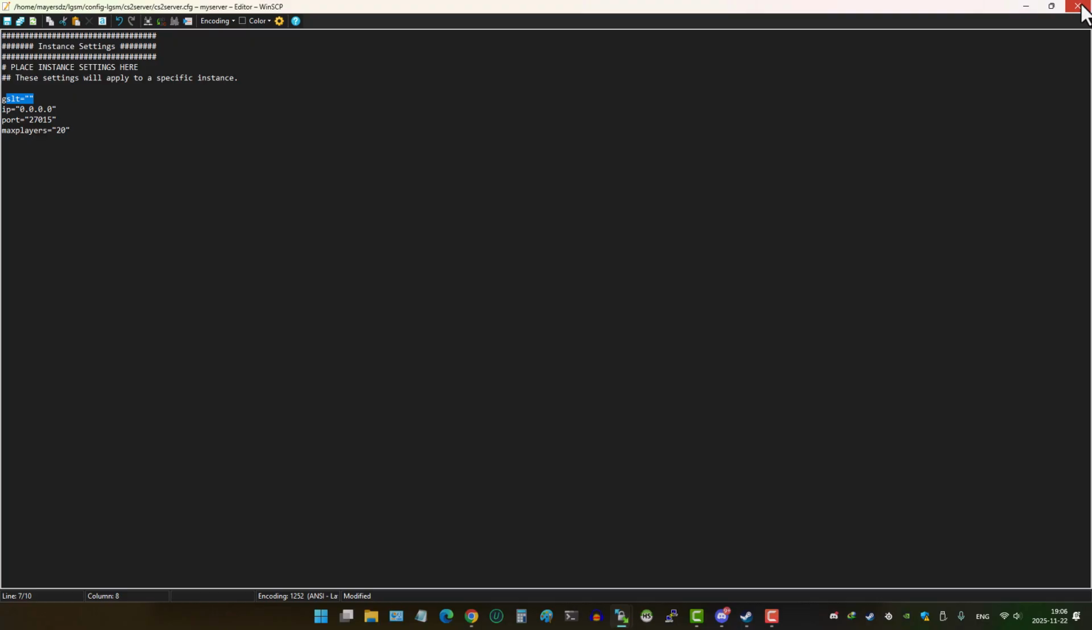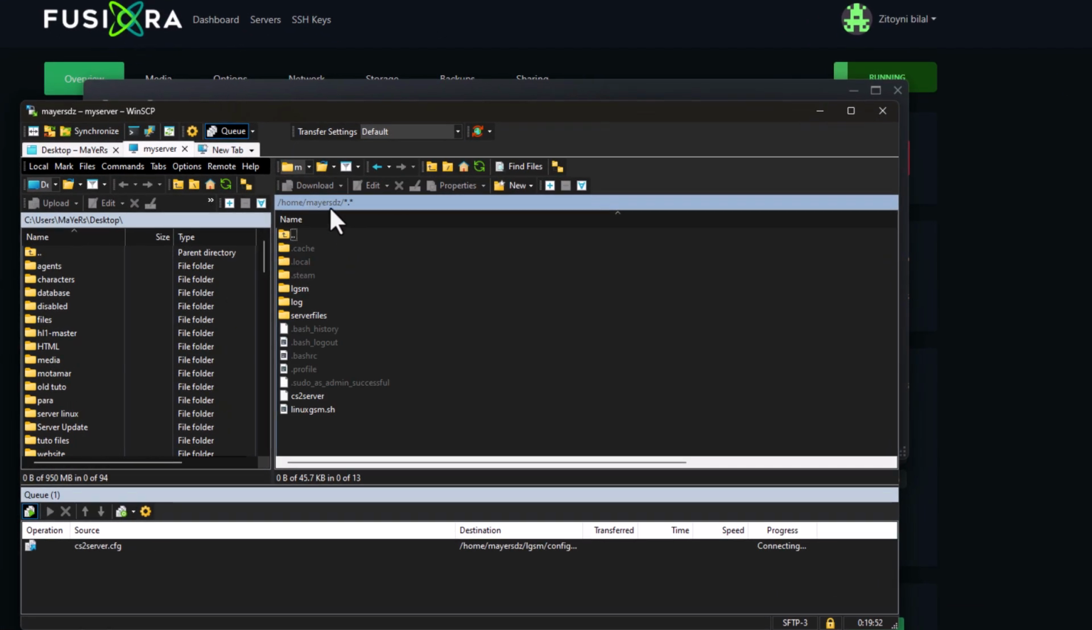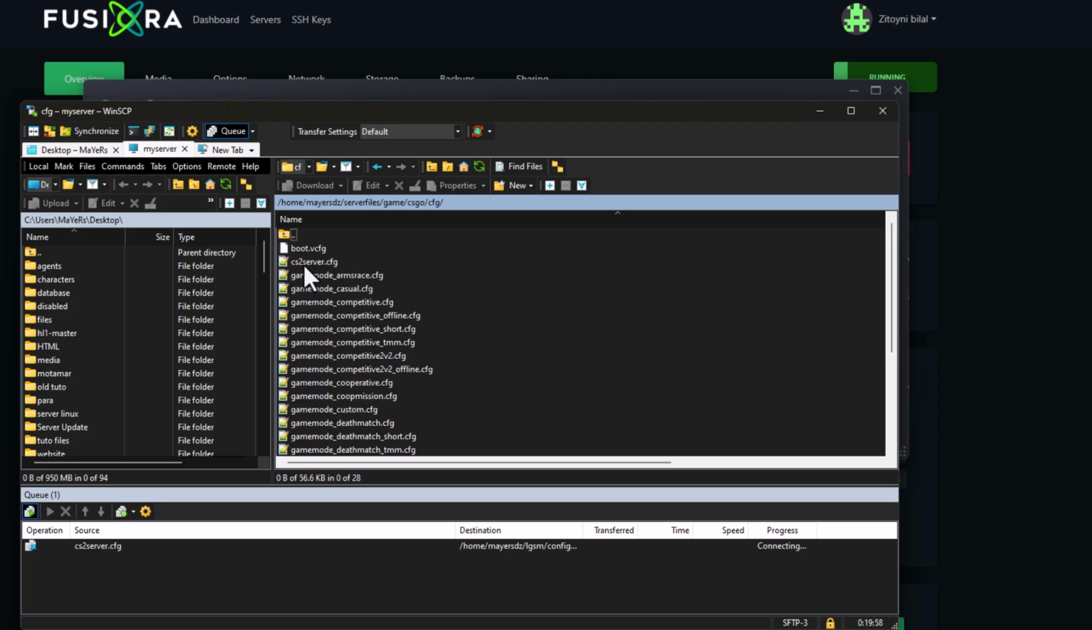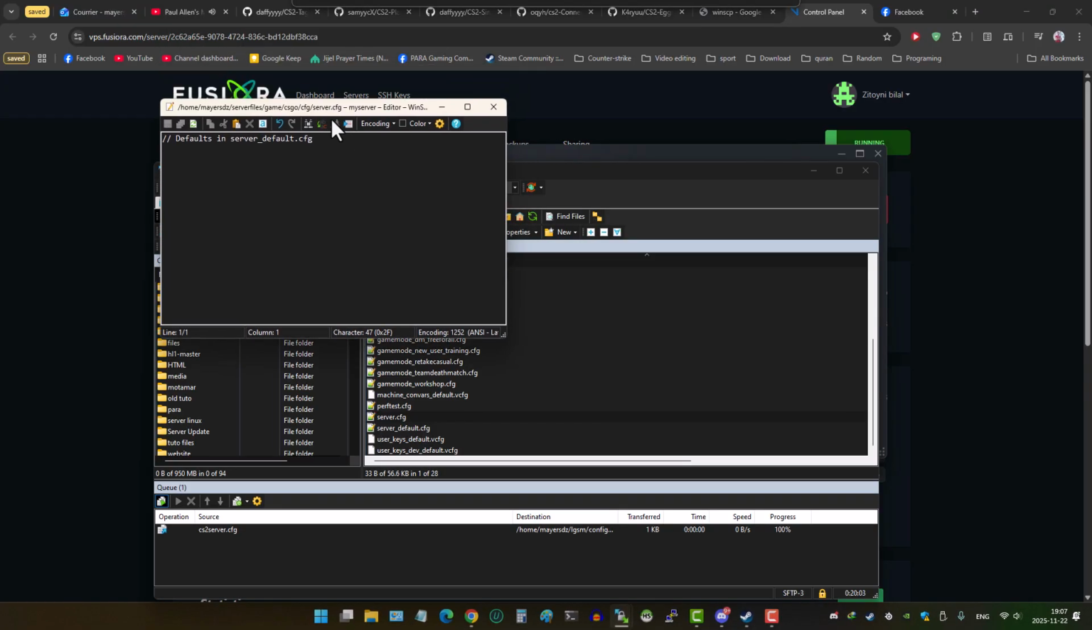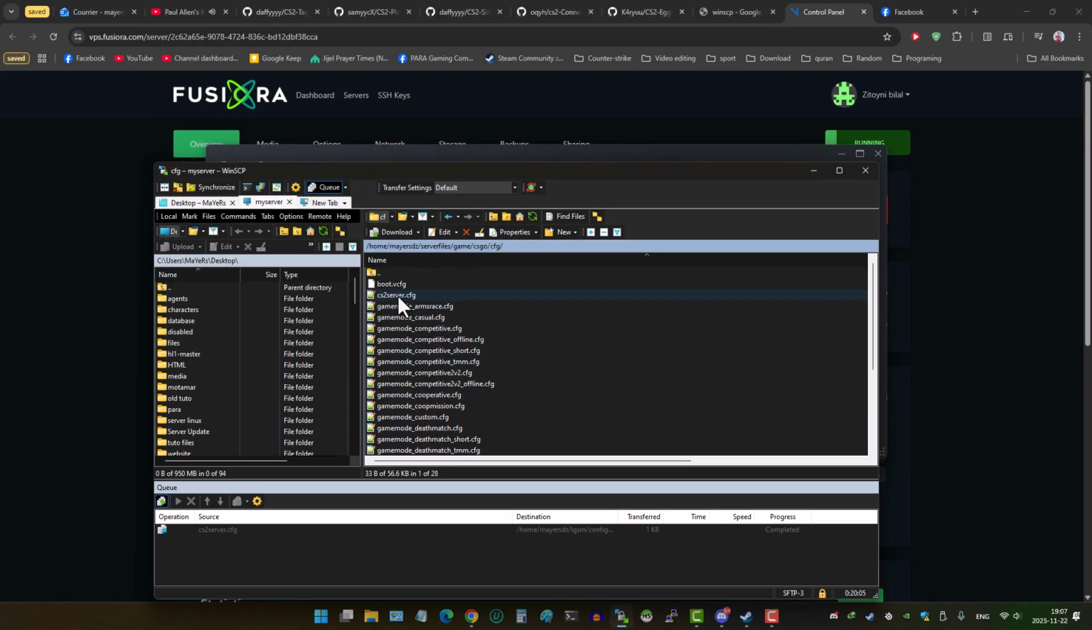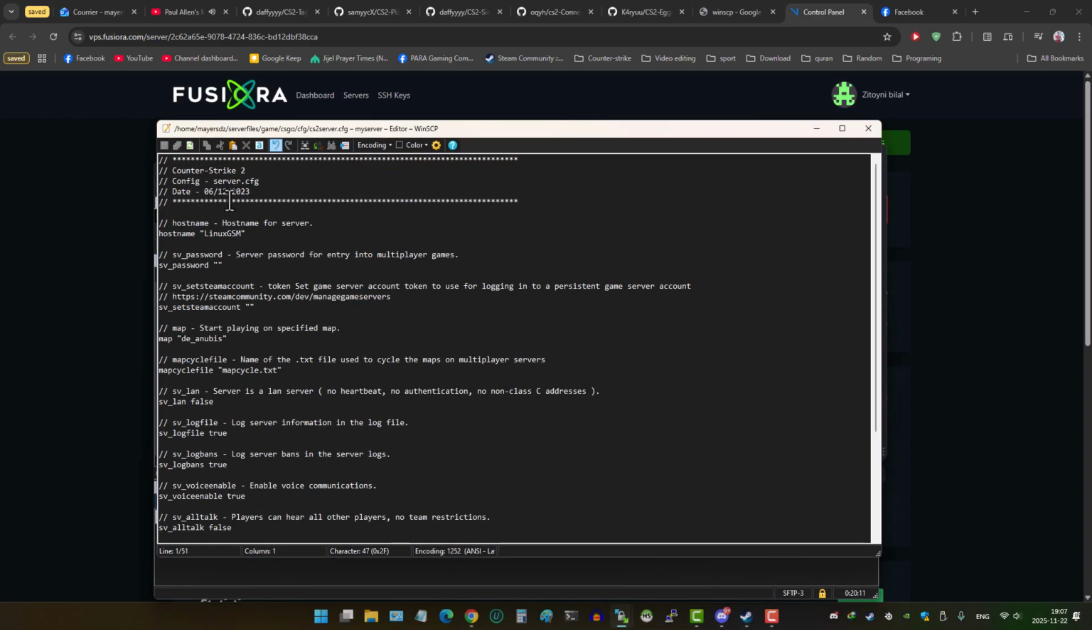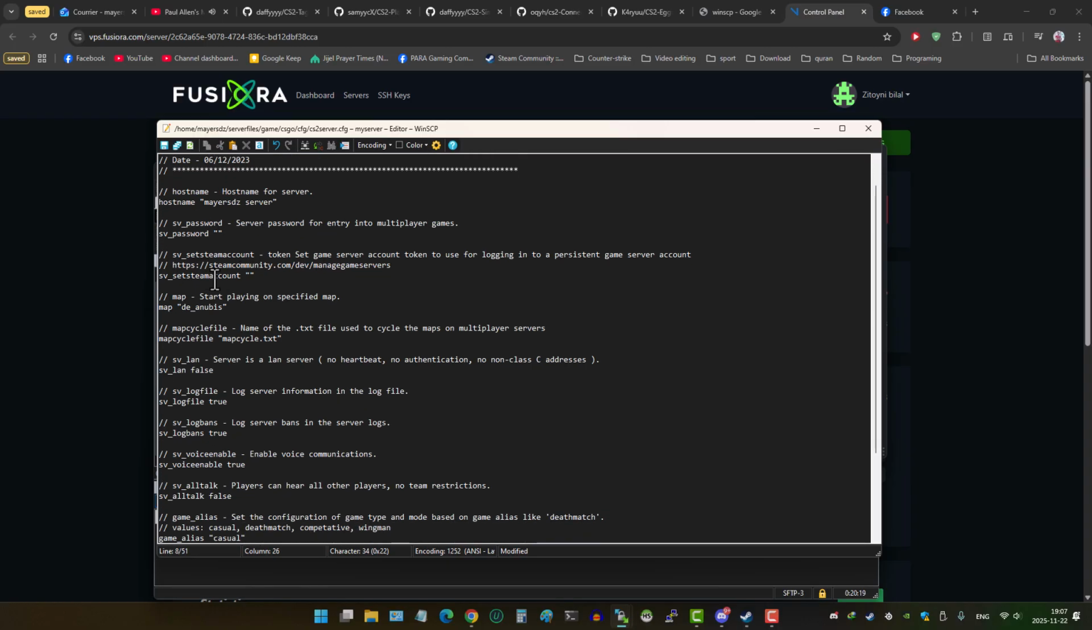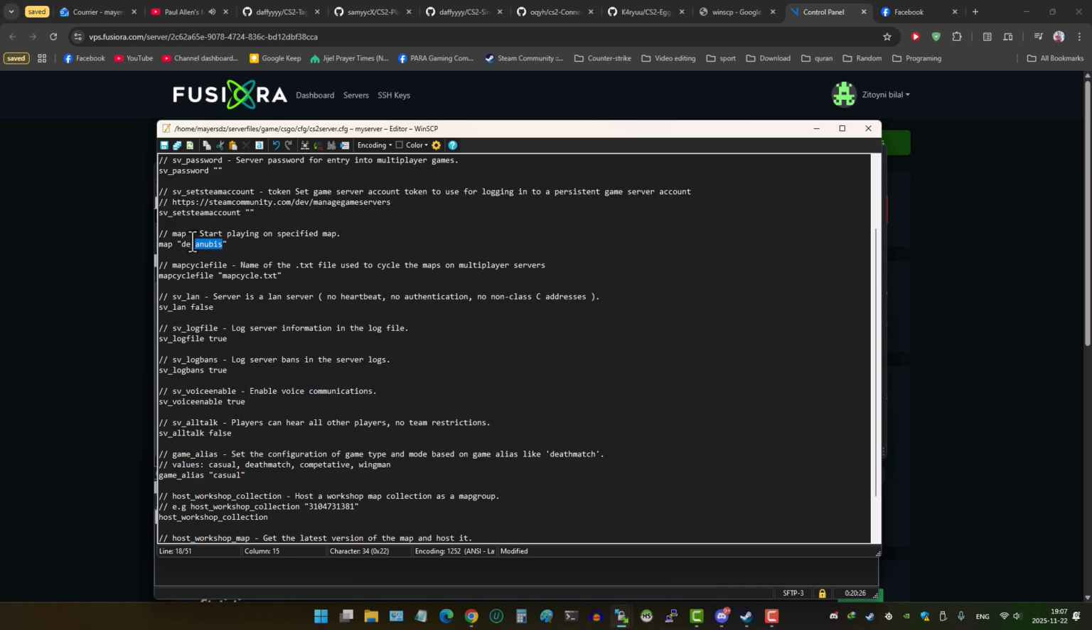So now let's go to the second CFG file. We go to the server files, game, CSGO, CFG. So instead of going to server CFG as we used to do, this time cs2 server replaces this CFG file. So we're going here. This is the host name of our server. Let's name it Myers Visual Server. The password, if you want. Steam account is the same as token, so it's the same. You can set it over here and not in the first CFG. The map, starting map